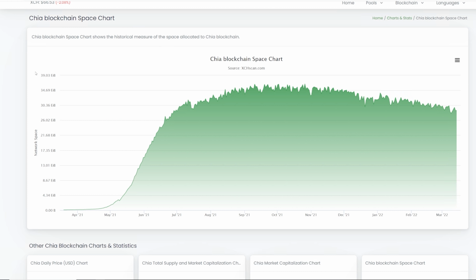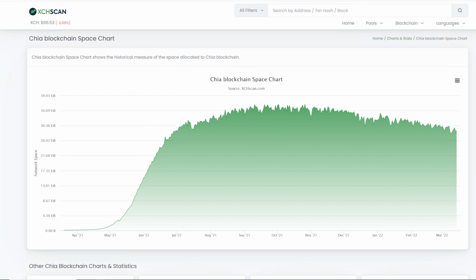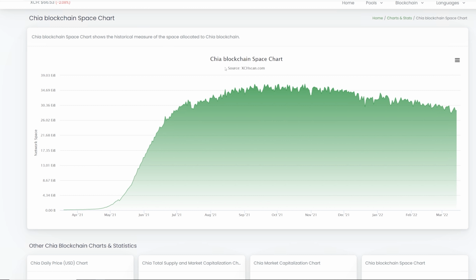But going down to xchscan.com, this is very similar to etherscan.io, and looking at the blockchain space chart, obviously the rise of the Chia blockchain in terms of the net space, a lot of people during this time in 2021 were getting into Chia because there was a lot of hype and a lot of YouTubers, including myself, talking about Chia.